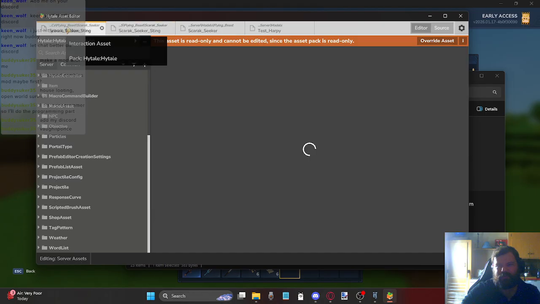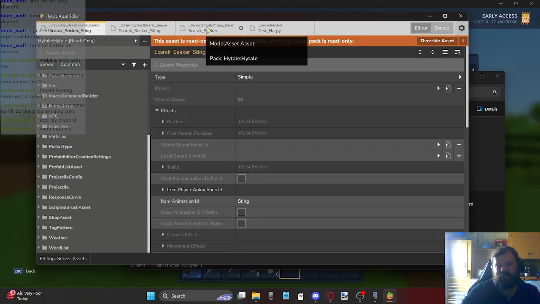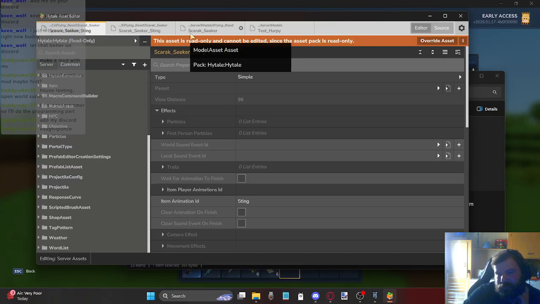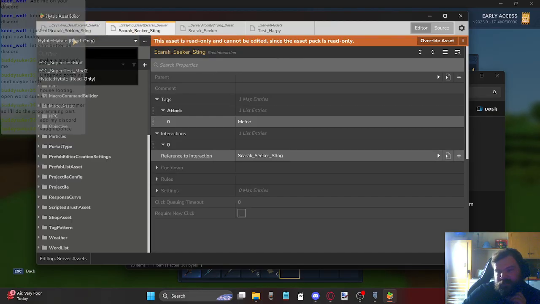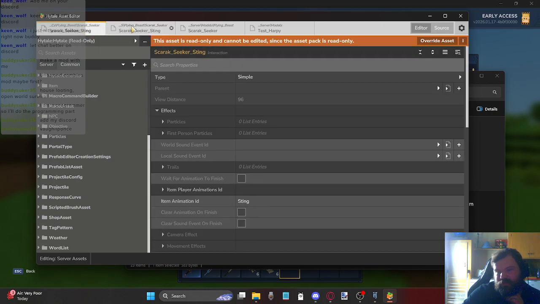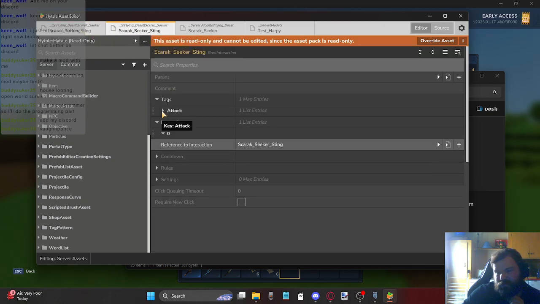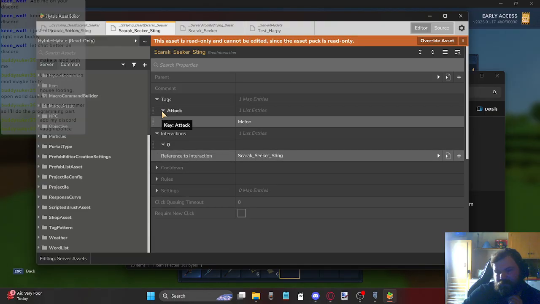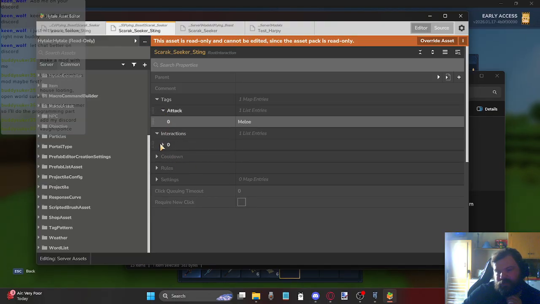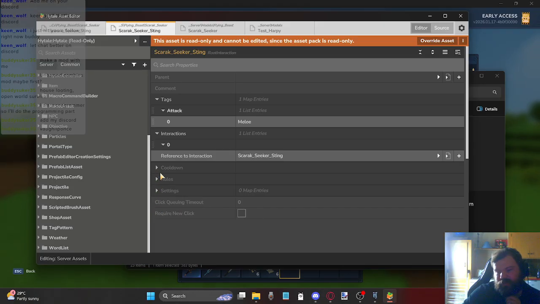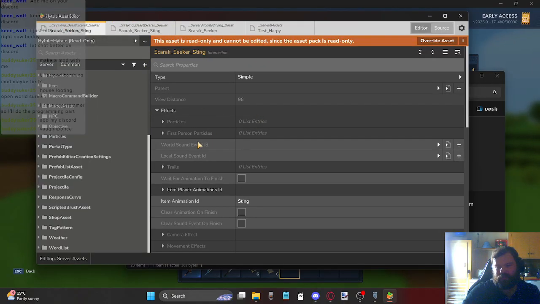So this is the Scarab Seeker, Scarab Stings. Why do I have 2 Scarab Stings open? There's 2 different things. Melee, interactions, cooldown, settings, rules, cooldowns. Right. I don't know why I have 2 of these. That one's a root interaction, this one's an interaction. This is the one that I keep ranting about. What is that reference? Anyways, so